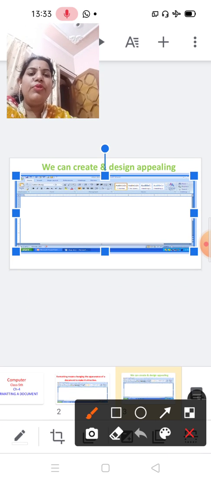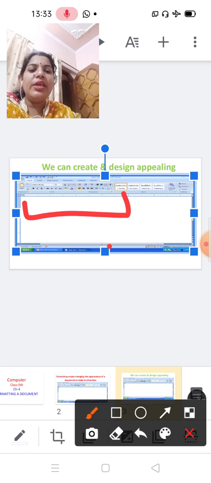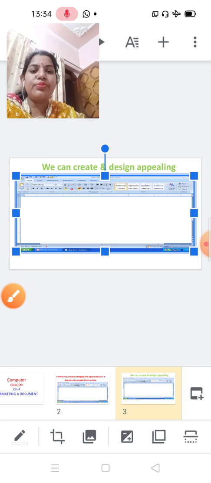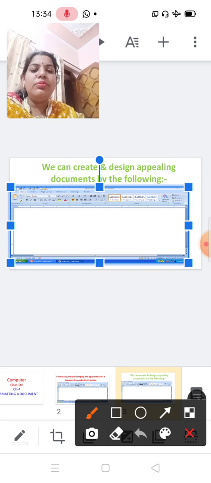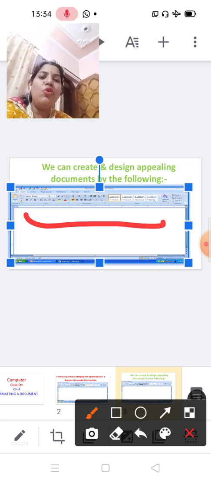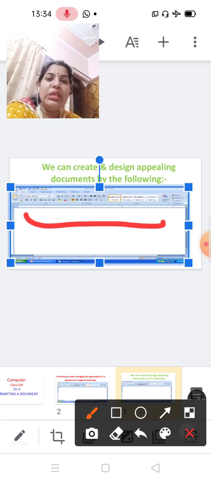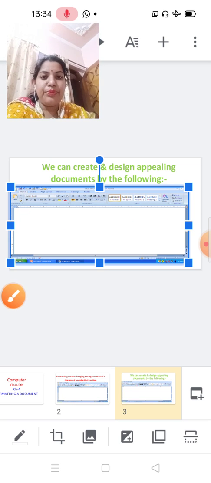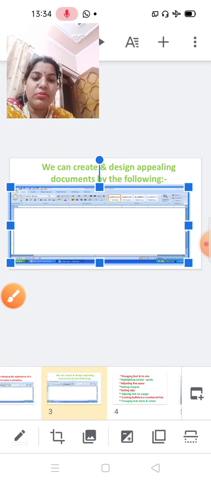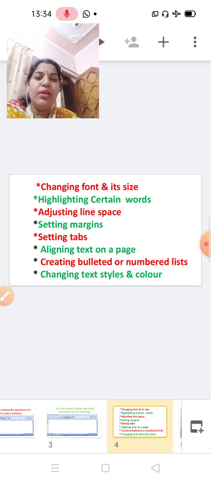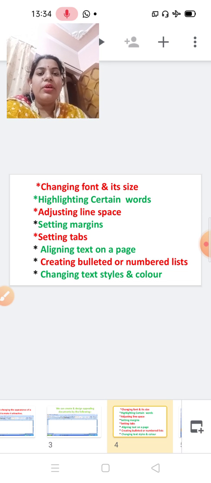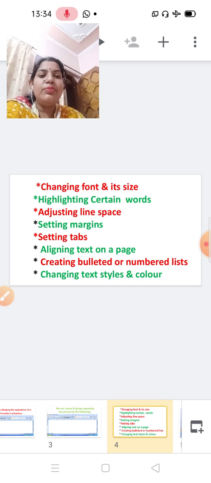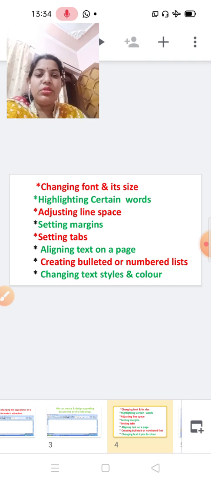Here are some figures. With the help of this, we can change the appearance of the documents. You can see here are some points. With the help of this we can make our documents so interesting.